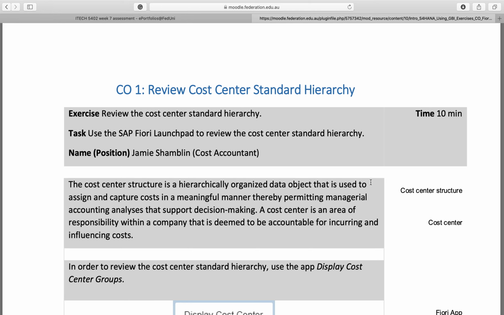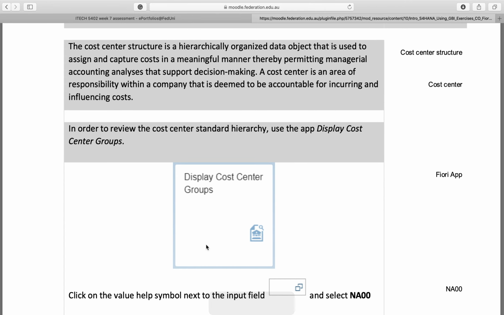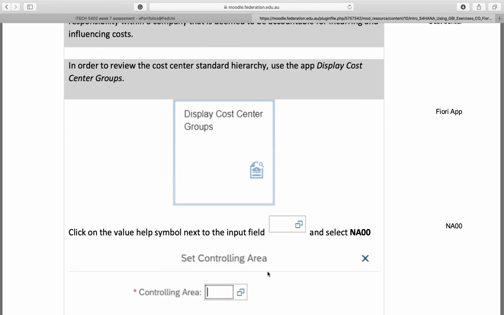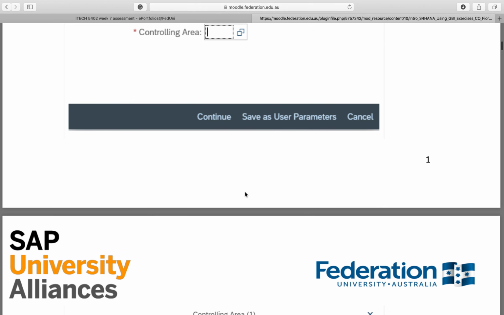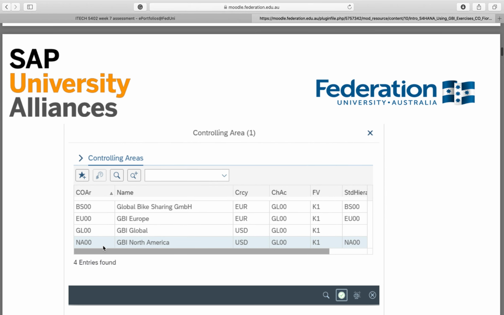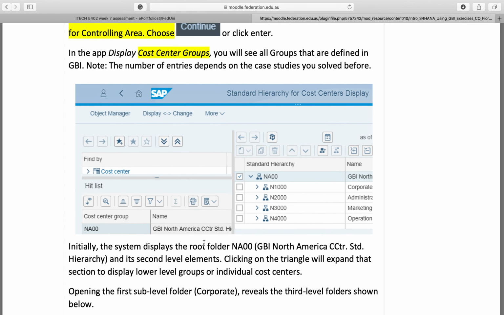In order to display this, we have to click on the Display Cost Center Group application, and we have to select the value. In this use case, we have selected the value NA00 by pressing this folder icon, and we have to select it. It will list the entries that are in the controlling area, and we have to select the NA00 GBI North America entry, and after clicking OK, it will display a hierarchy, the standard hierarchy for cost center displays, and it